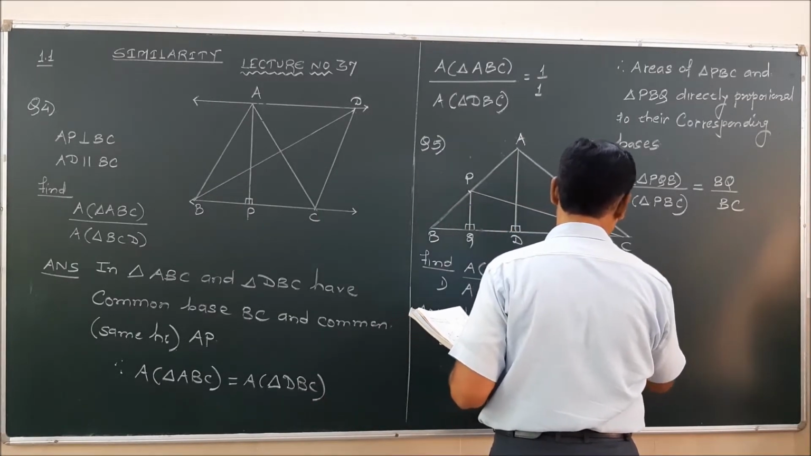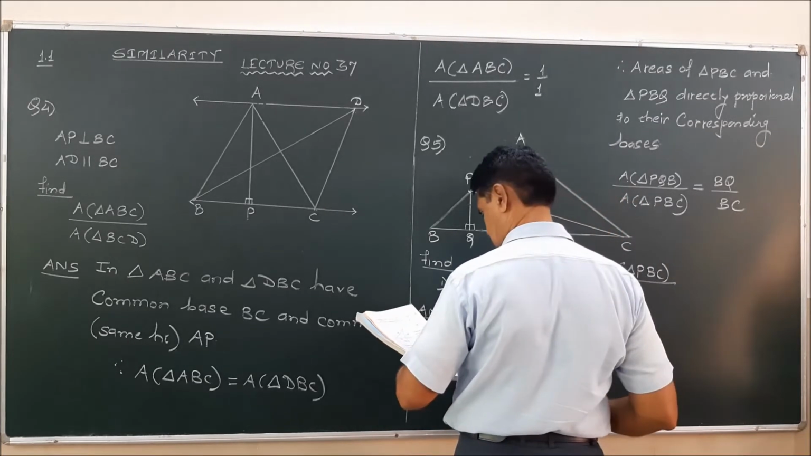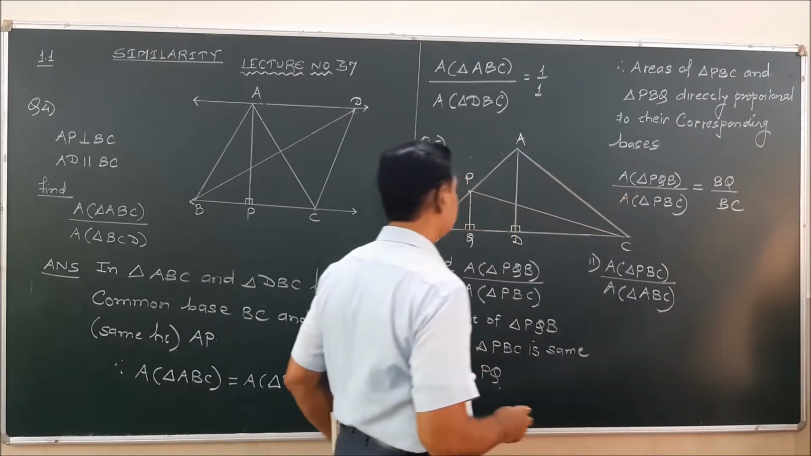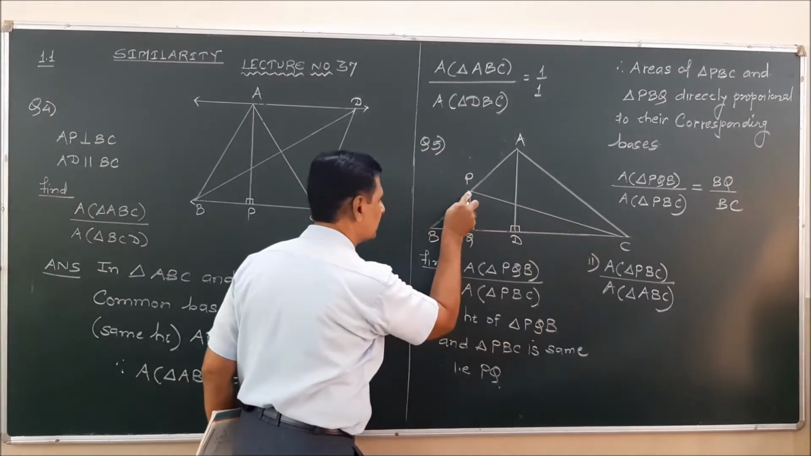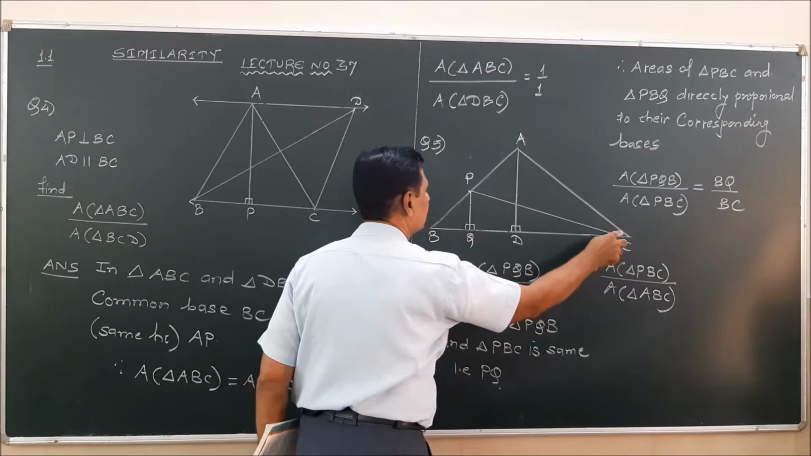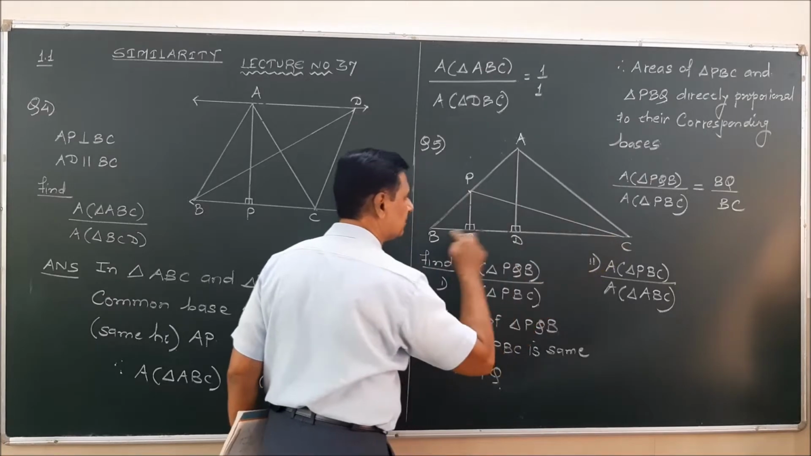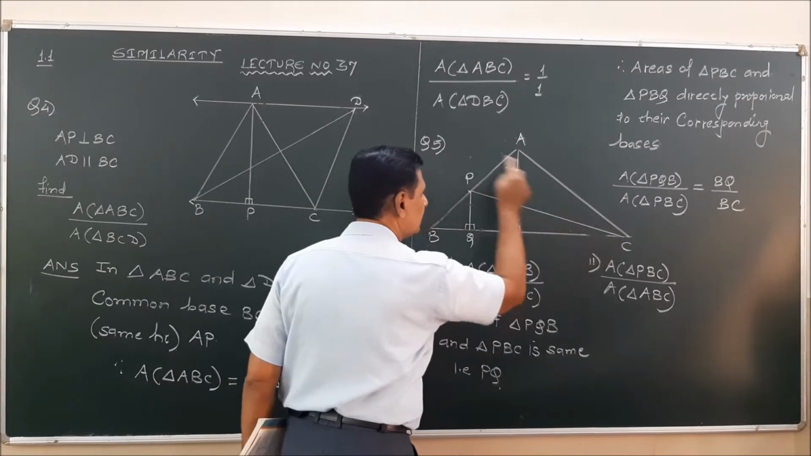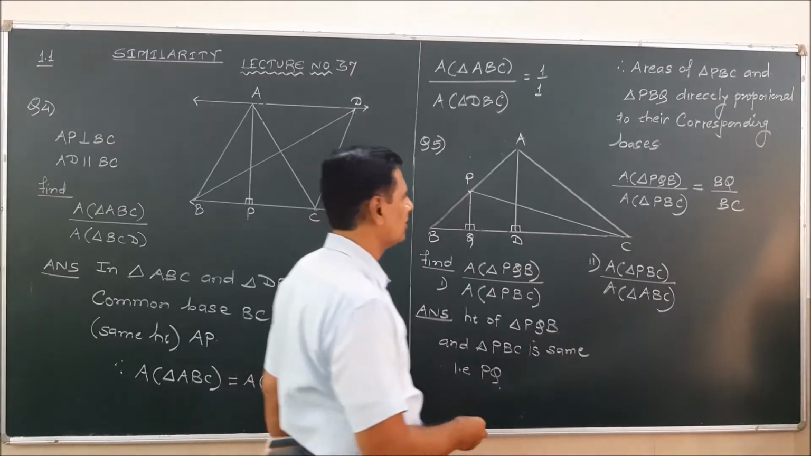Area of triangle PBC upon area of triangle ABC. Okay, fine. PBC and ABC. See here, students, this is a triangle PBC, and next to that is ABC, which is also a triangle. What is common? For PBC, the base is BC. For ABC, you will find the base is the same. So we'll mention here, since